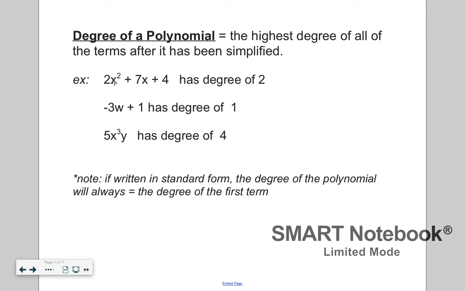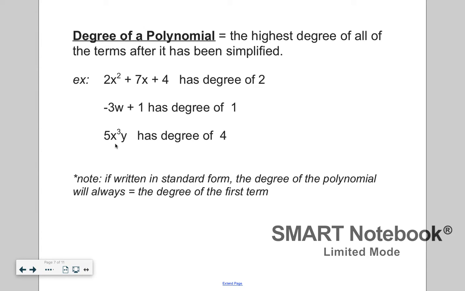I see that it has a degree of 2, which means the entire polynomial has a degree of 2, all right? This next binomial, also written in standard form, the first term has a degree of 1, which means the entire polynomial has a degree of 1. And then this monomial,